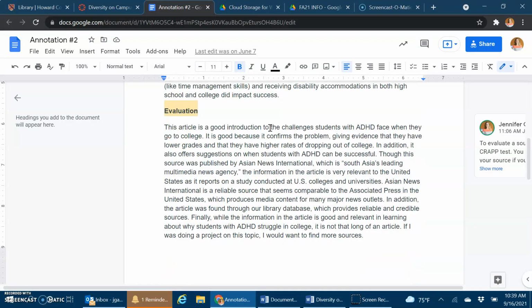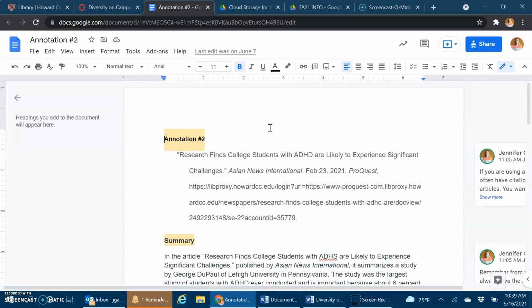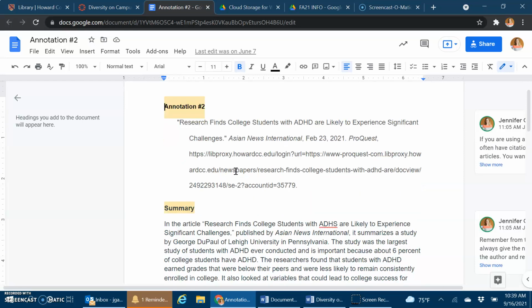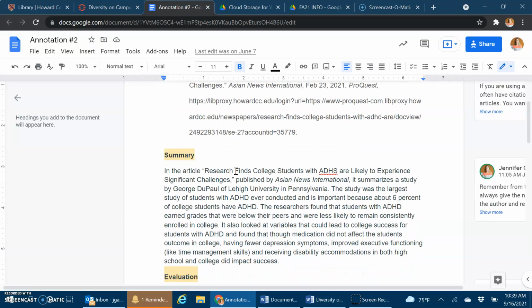So for each annotation, you can see it probably is going to be about a page long. Okay, so you'll have your works cited entry for the source. In this case, I did look up students with ADHD, so I found this article. Research finds college students with ADHD are likely to experience significant challenges. I see a typo here. Okay, in the summary,